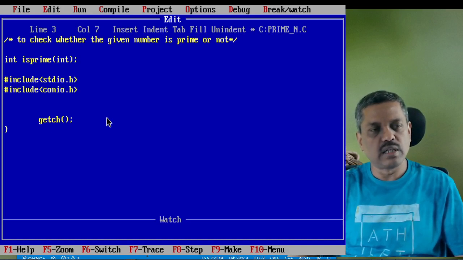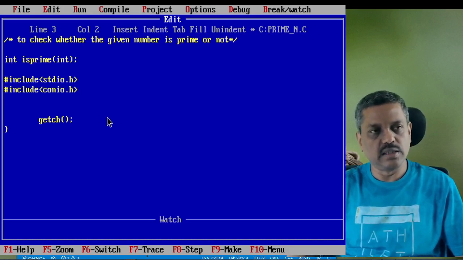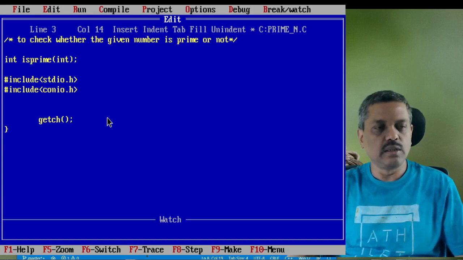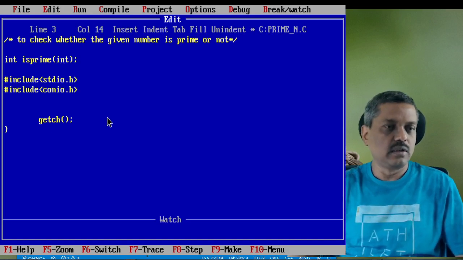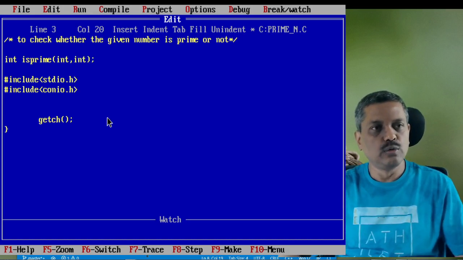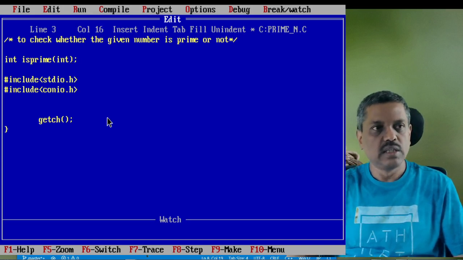Before we include the header files, whatever user-defined function we are going to use in a particular program has to be declared over here. So what is the type of data it is going to return? Prime is the name of the function, and inside the parentheses, what kinds of parameters can it handle? Only the data type is enough to mention. Suppose there is more than one, you can put a comma and then say int, so that means it can handle two integer values. Right now it should handle only one, so int is enough. And it is going to return an integer value.